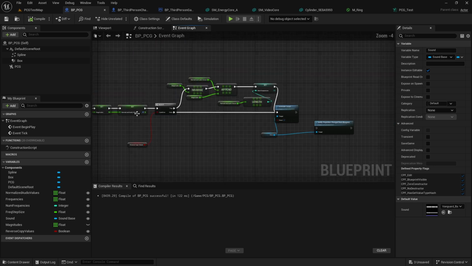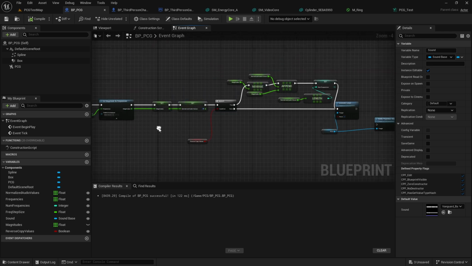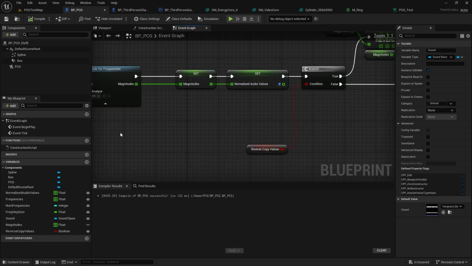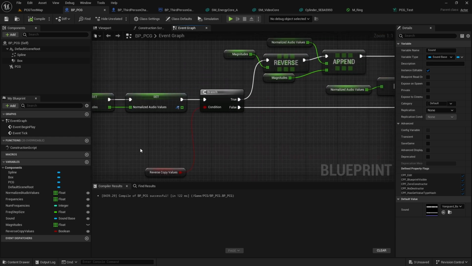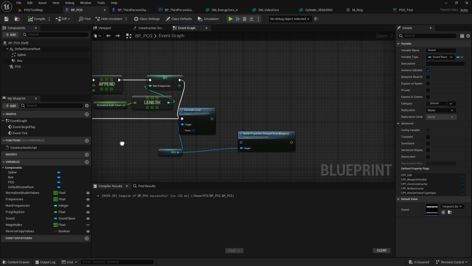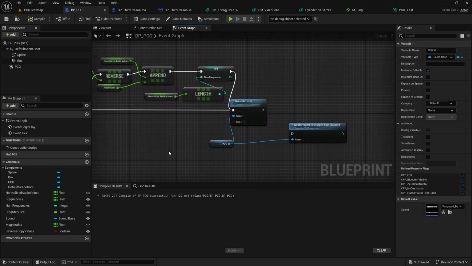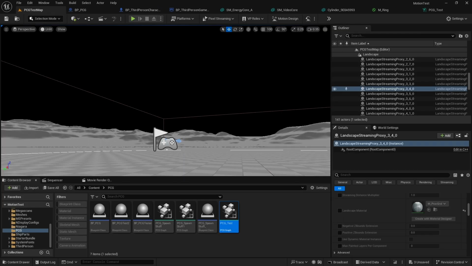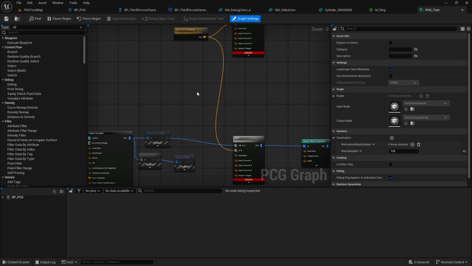So essentially, all that's doing is getting the frequencies with this function, get magnitude for frequencies. It's doing a little bit of monkeying around to make it visually prettier, and then it's calling regenerate on the procedural content graph. So the procedural content graph's the bit that's kind of more important here. And so if we actually go to that graph,